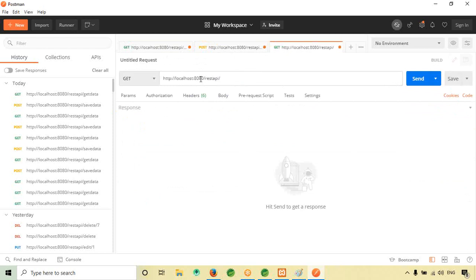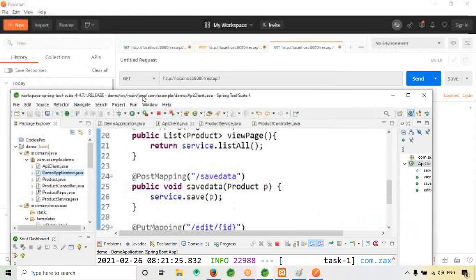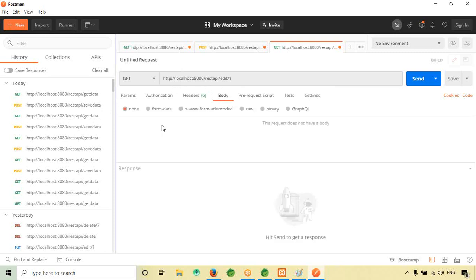So which URL I have to use? Slash edit, like this I have to use. Slash edit slash 1. Click on body, click on form data. Here go for ID.